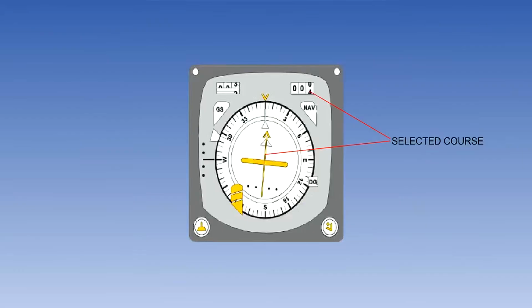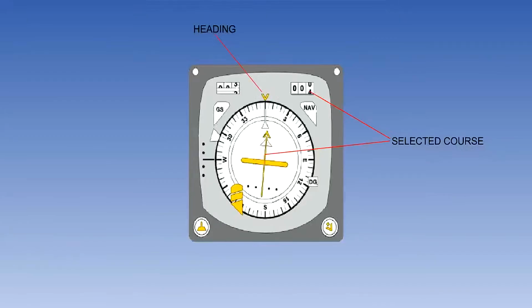The third instrument to display VOR information is the HSI, or Horizontal Situation Indicator. It combines several functions, and as its name suggests, it provides greater situational awareness to the pilot from one instrument. The HSI shows the track or course selected. For example, the 004 radial to a VOR.